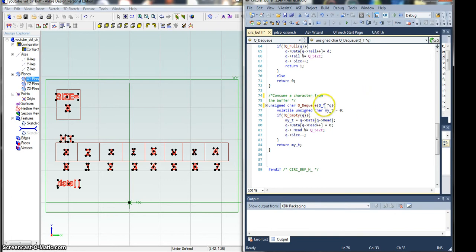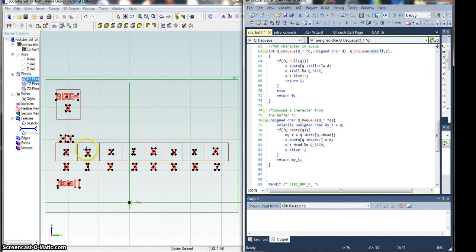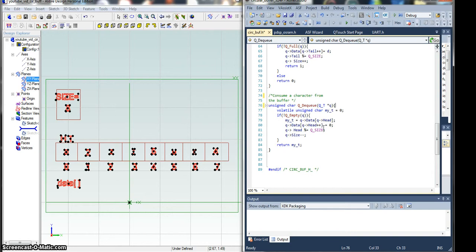Anyway, I'm sidetracking myself. Then we call the is-buffer-empty function, because if the buffer is empty,